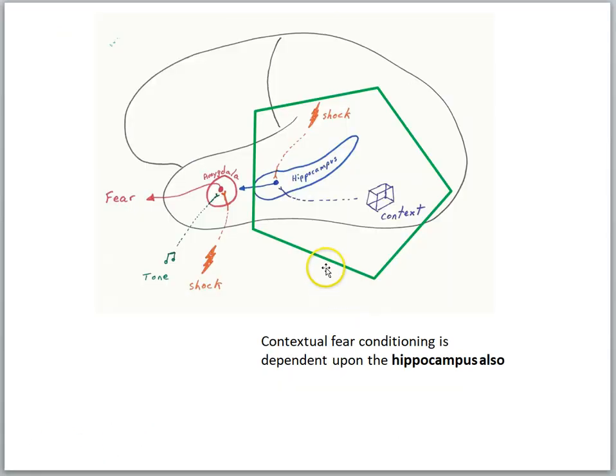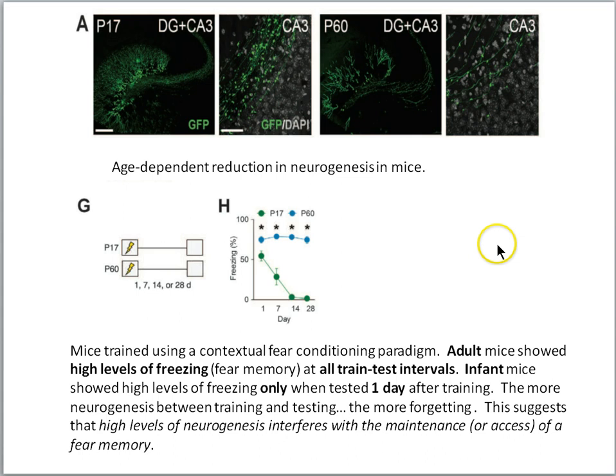And in other lessons, we've talked about the important role of the hippocampus in this kind of contextual fear conditioning paradigm. The conditioning of a tone with a shock seems to rely on the amygdala proper, whereas the fear memories for a certain context require an intact hippocampus. And so the question will be, does neurogenesis interfere with learning this kind of association, that a shock occurred in a certain context? All right, in the rest of this part then, we'll look at some research done by Akers and her colleagues.